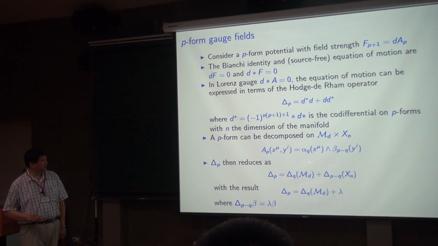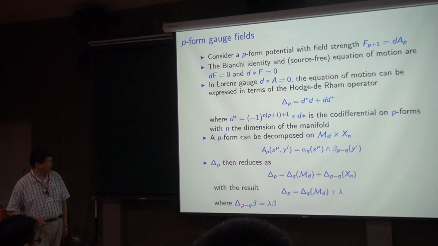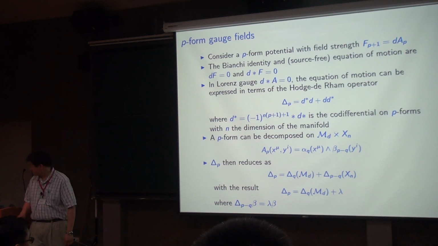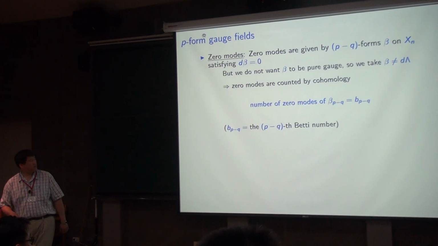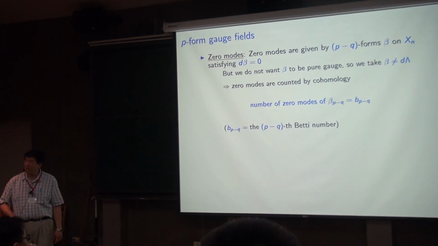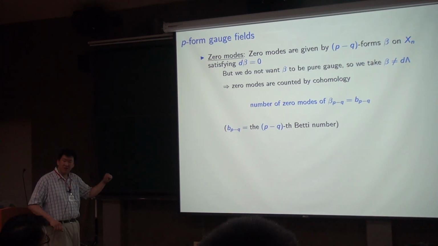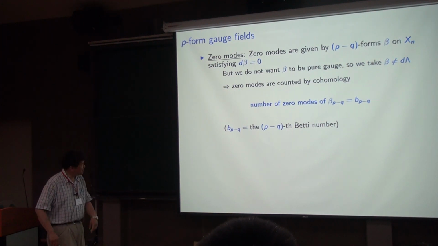The Laplacian breaks up into the space-time Laplacian plus the internal Laplacian. I do the exact same trick. I look for eigenstates over here of my internal Laplacian. And if I want to count zero modes, the eigenstates, or the spectrum of the Laplacian, give me the Kaluza-Klein spectrum. Zero modes, on the other hand,